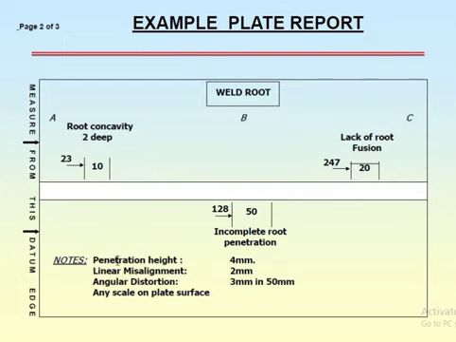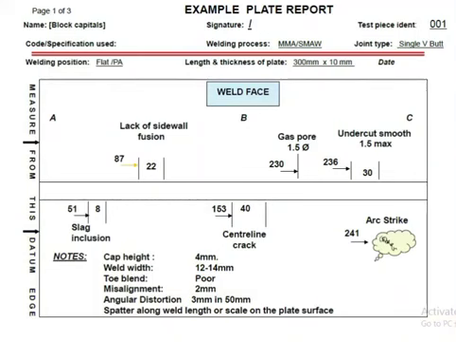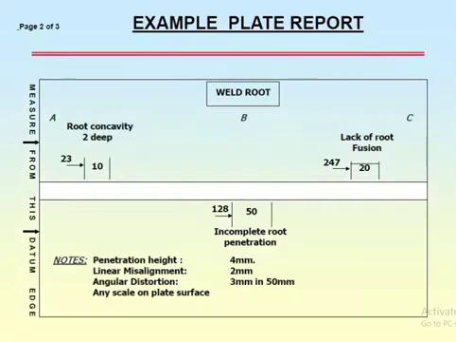Penetration height, what is the penetration height? 4 mm. Linear misalignment is 2 mm. Angular distortion is 3 mm in 50 mm. Now you have to measure this from the weld face and the weld root. Now you can see here